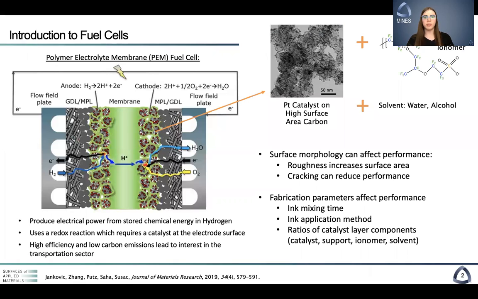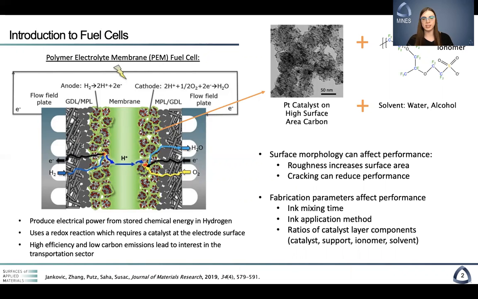Briefly, I'd like to just talk about what fuel cells are, and specifically the polymer electrolyte membrane, or PEM fuel cell, which is what we were using for this project. A PEM fuel cell produces electrical power from stored chemical energy. Generally, this energy is in the form of hydrogen. This is done via a redox reaction, which requires a catalyst at the electrode surface, which is what we're going to be studying. Fuel cells are of interest to a lot of sectors, particularly the transportation sector, due to their high efficiency and